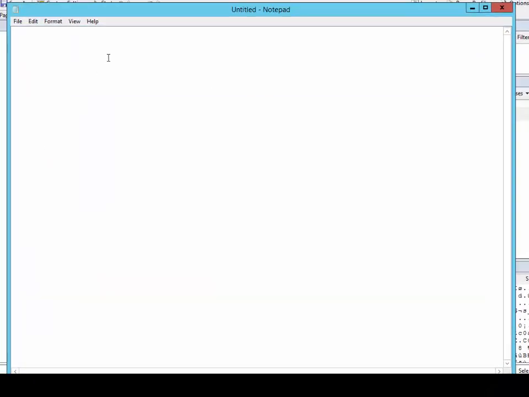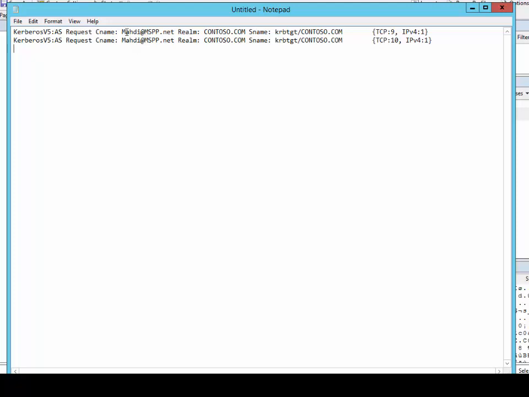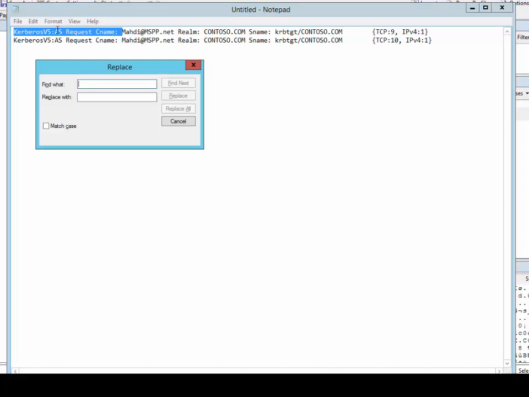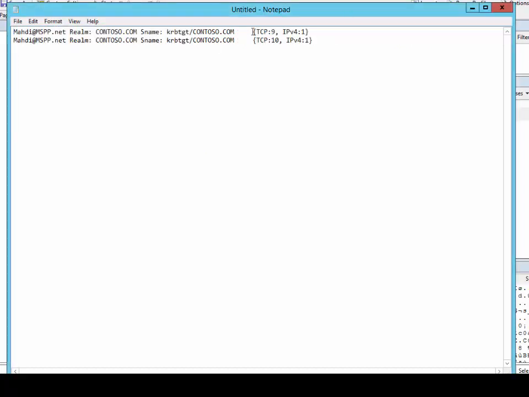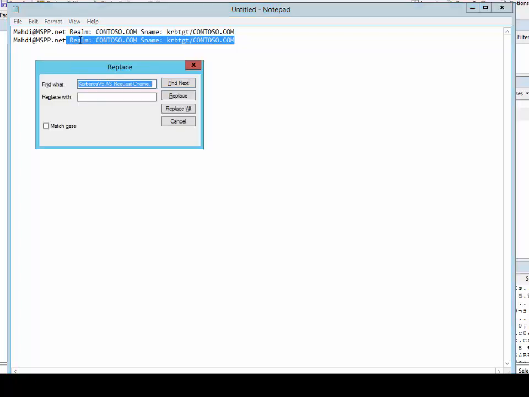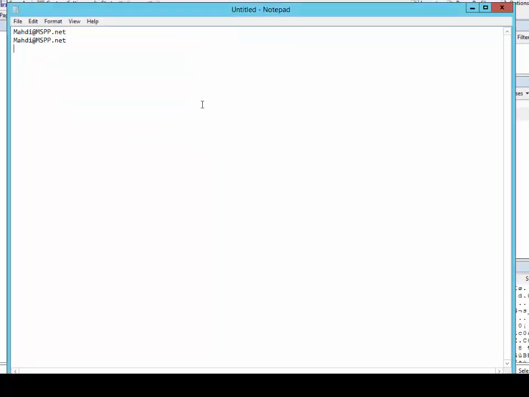You copy them to a notepad, and basically you will replace these unwanted strings with nothing. And again, this is another comment I almost forgot to make, this exception. And again, I will replace these with nothing. You will have a report of all the user accounts that are using UPNs in order to log in to